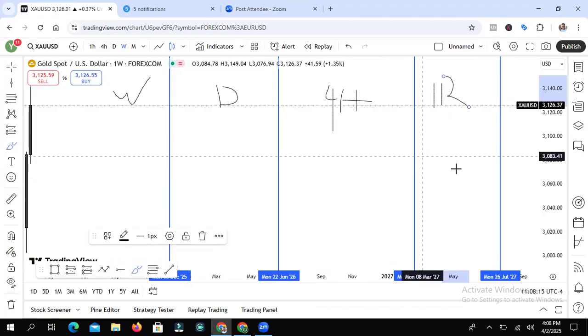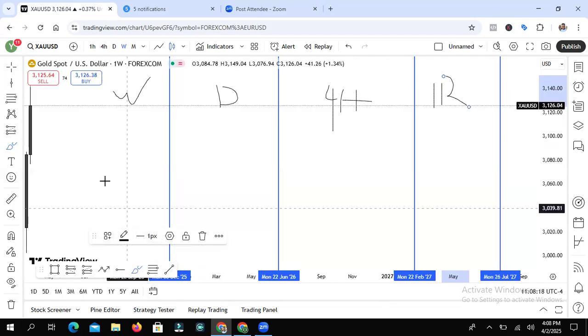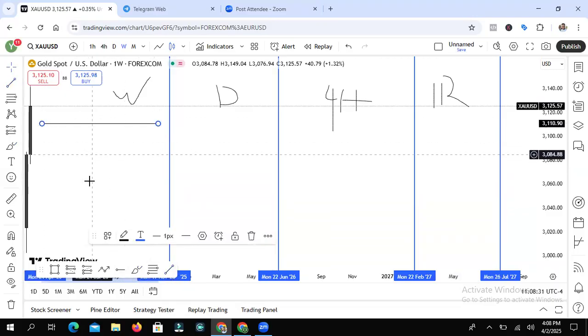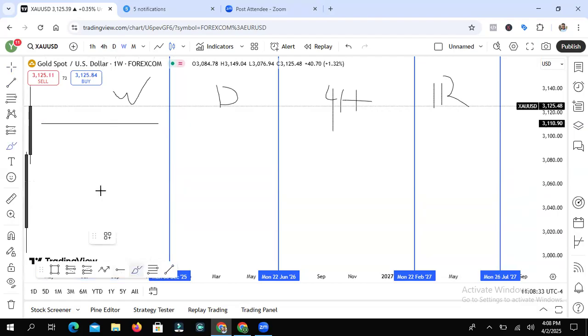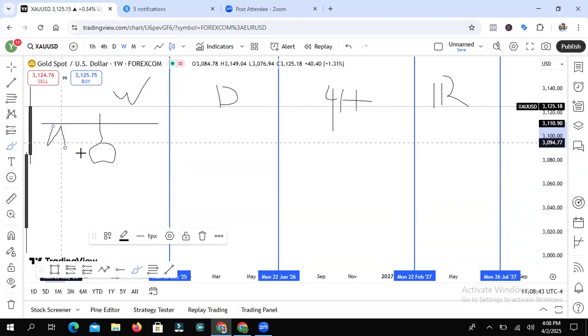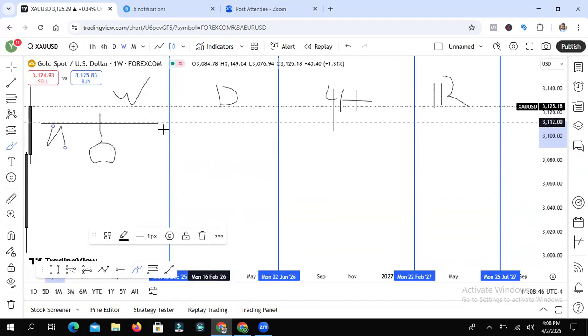So now let's say you're coming into the new week. Like I said, what do you need? You want to start on the weekly time frame. What you want to see on the weekly time frame is a rejection of a key level, a candle rejection of a key level, and a candle closure. A candle rejection of an A-shaped key level and a candle closure below. On the daily time frame, what you will see is a liquidity sweep and a break of structure.